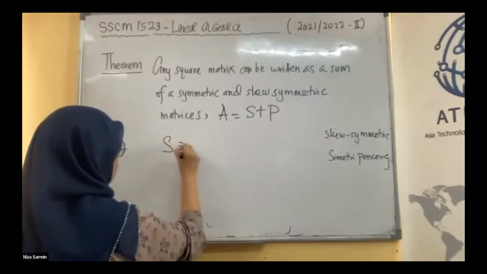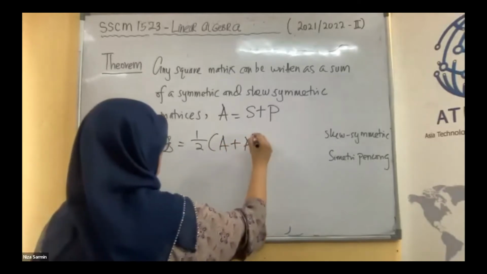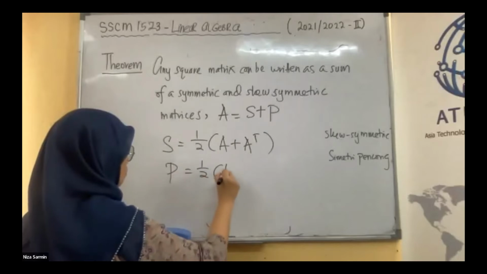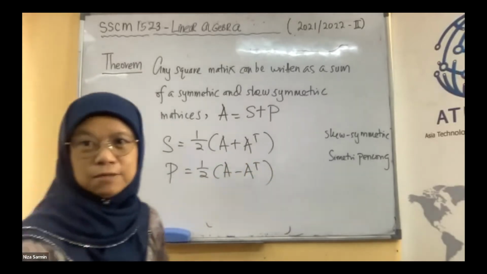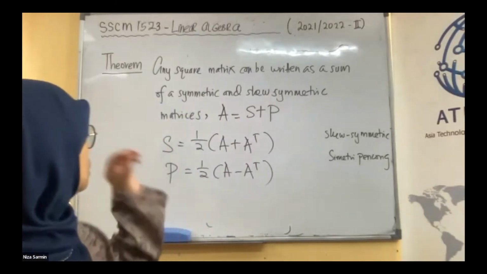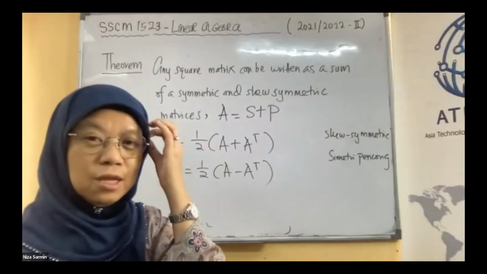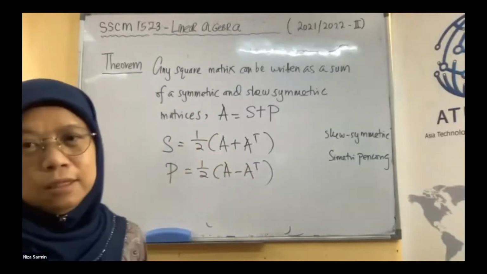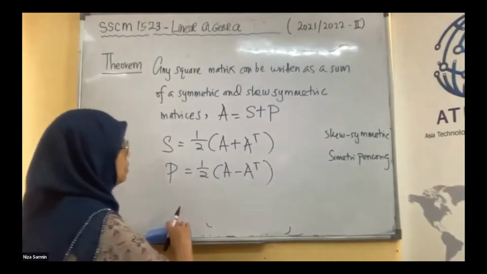And there is a formula. This is the formula. You give me any square matrix, I can show that it is a sum of S and P, and this is the formula of S and P. As an example,